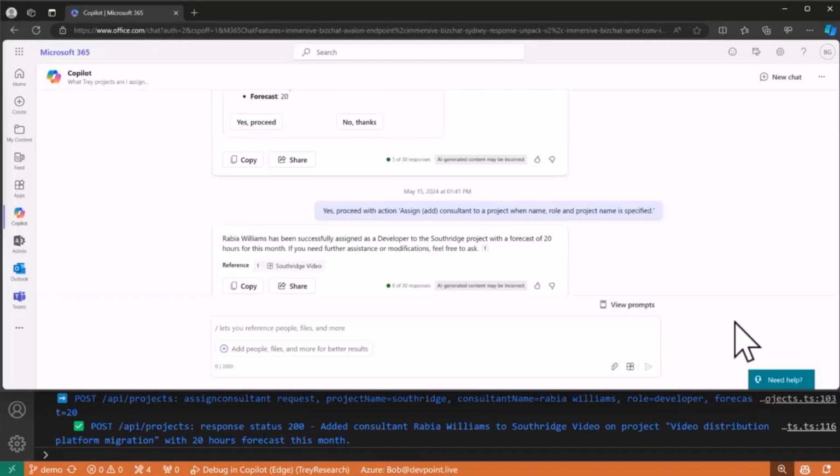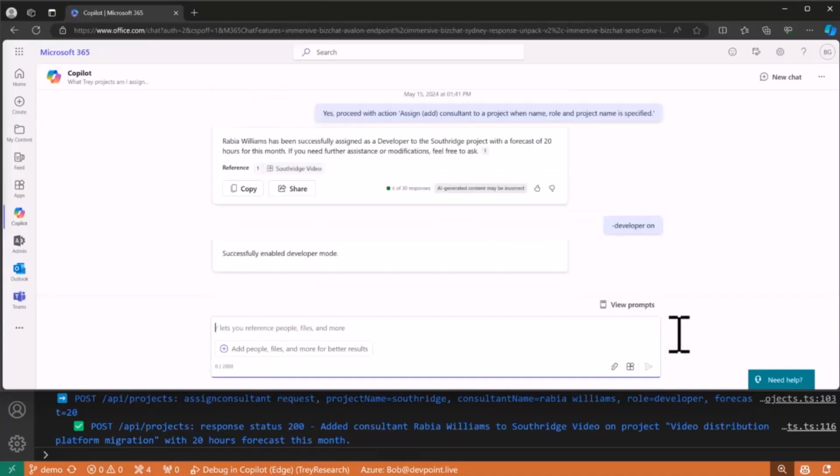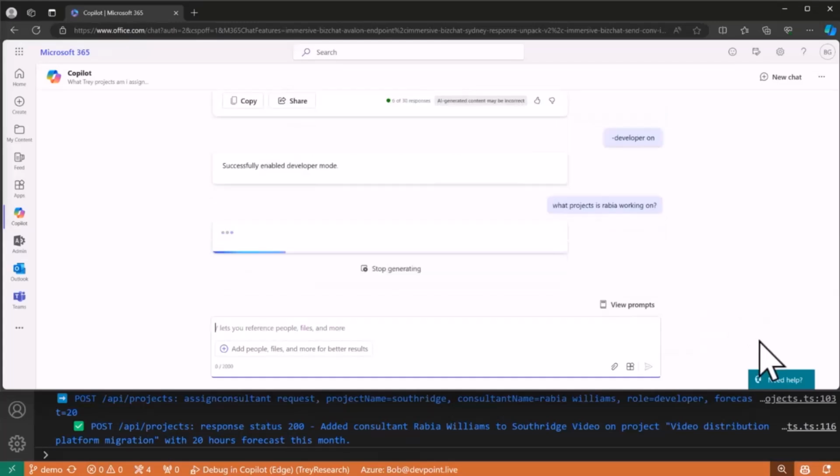So now let me switch to another scenario here. And actually, I want to see how this works. So I'm going to turn on developer mode. So minus developer on. And now if I just ask it some other prompt, like what is Rabia working on,